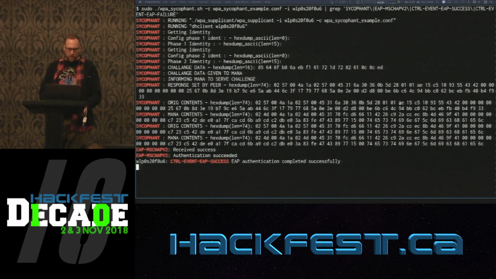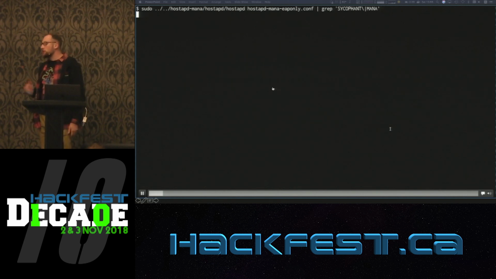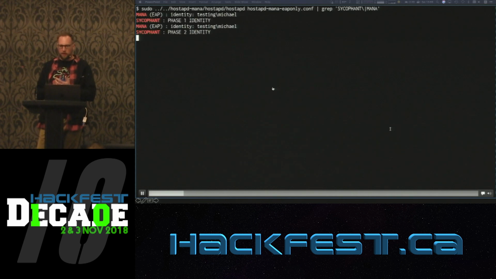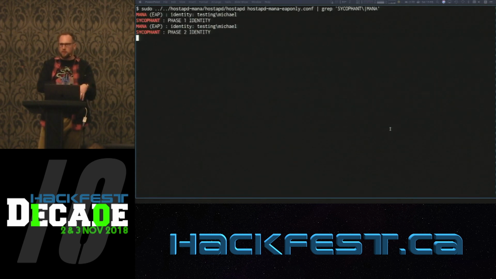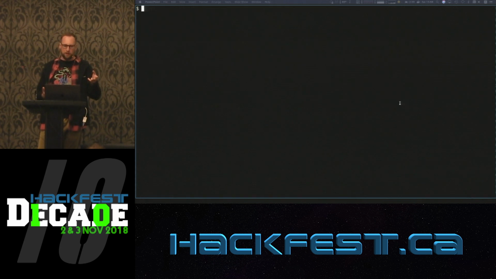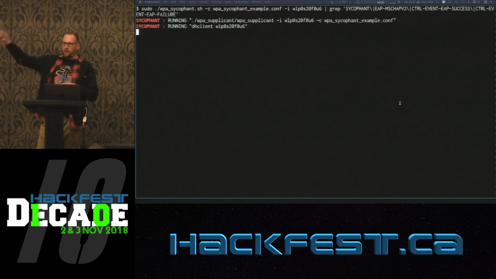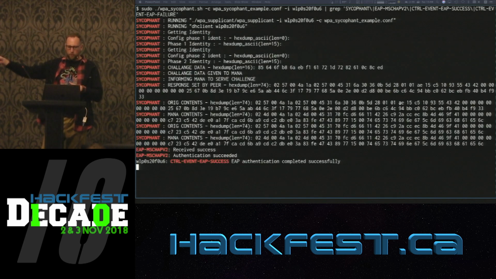Now, these things actually run simultaneously. I'm just showing you the stuff broken up so that we can keep track of it. So first we run our malicious access point, we get a connection, and we relay it to our legitimate supplicant. Here we're running our malicious supplicant, and we're actually connecting to the legitimate network with that side,